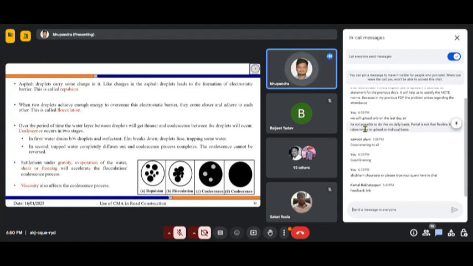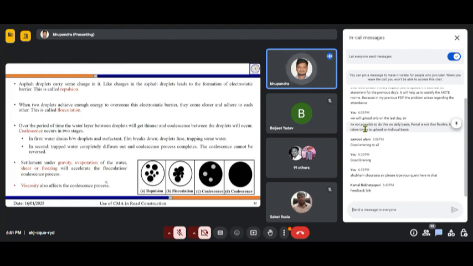So that is called the curing process. This curing is not similar to what we see in cement concrete. In cement concrete, curing means the completion of the hydration process, and for that we put our material in water. But here we want water to break away and evaporate from our mixture. So this is also called curing, but it is a different kind of curing.